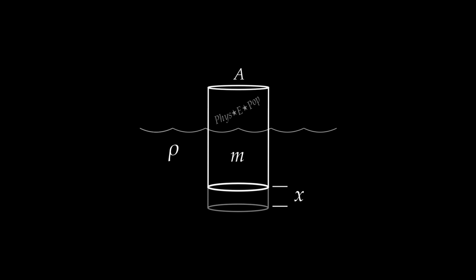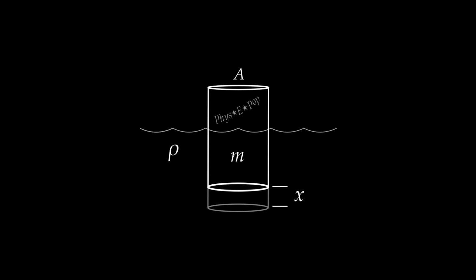You may have heard of folks going to bodies of water on Earth where the water is very, very salty, which increases the density of the water, like Great Salt Lake or the Dead Sea. And people just throw themselves in, and even if you can't swim, you float guaranteed because your density is much less than the density of the water. So when you displace water by your volume, the weight of that water that you have displaced is greater than your own weight, and so you are buoyed up by that. So, appreciating the fact that the upward force exerted on the thing, the buoyant force, is equal to the weight of the water displaced,